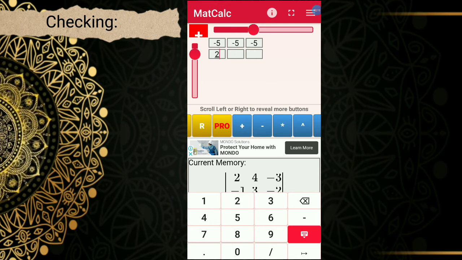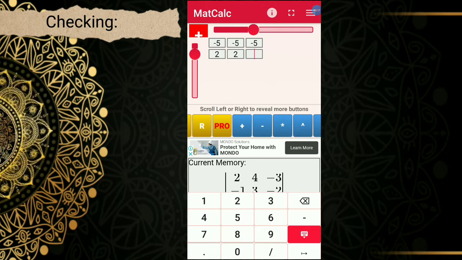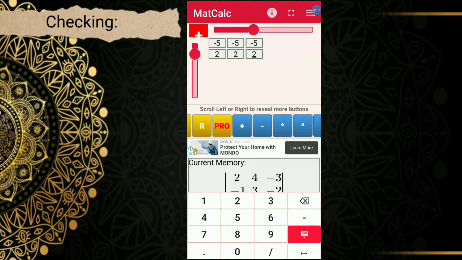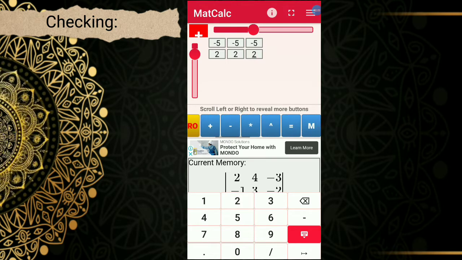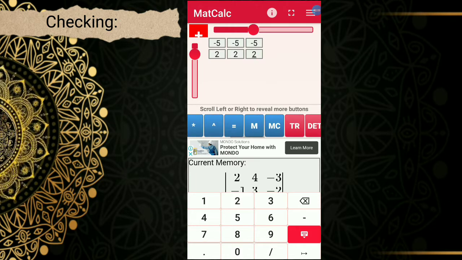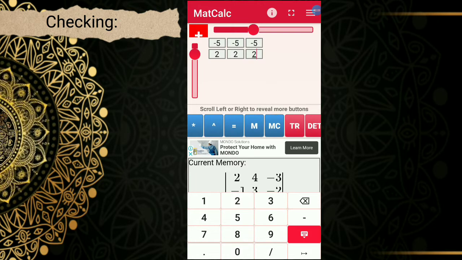For our column 1, row 2, we will input 2, and we will also input 2 in column 2, row 2, and column 3, row 3. That would be our matrix B. The next step, since we already have our matrix A and matrix B, is we will press